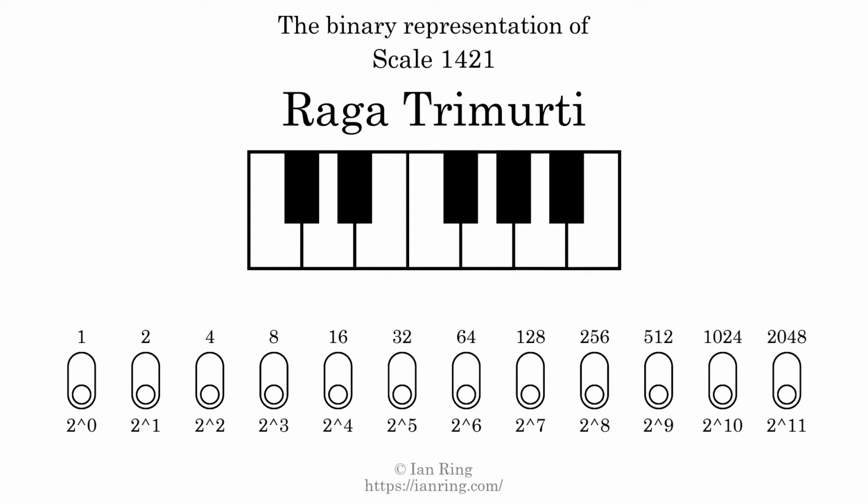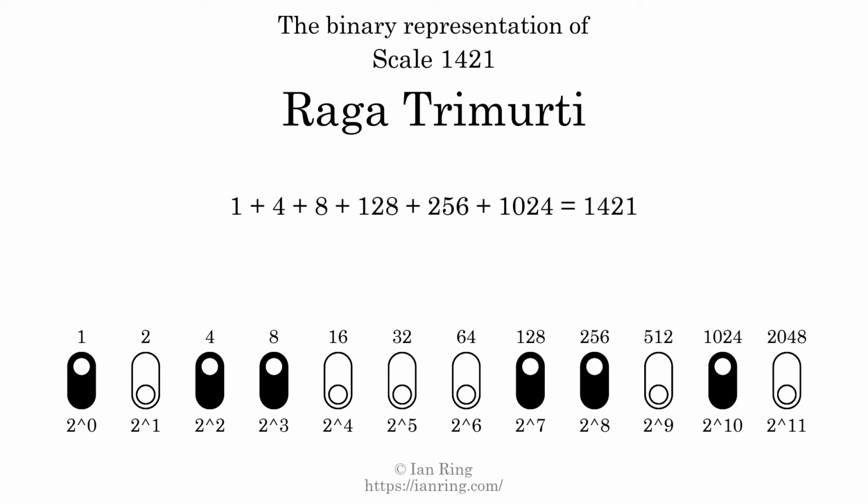The binary representation of this scale is determined by mapping tones of the scale to binary digits. Each binary digit represents a power of 2. To get the scale number, we add the powers of 2 together. The powers of 2 that are present in the scale, all added together, equals 1421. That is why the scale number, in decimal, is 1421. The scale number not only enumerates the scale with a unique index, but it also literally describes the tonal content of the scale. Represented as a binary number in base 2, the scale number is